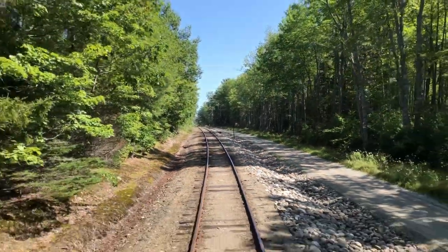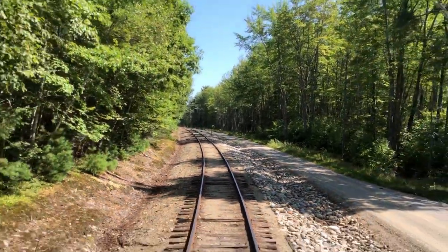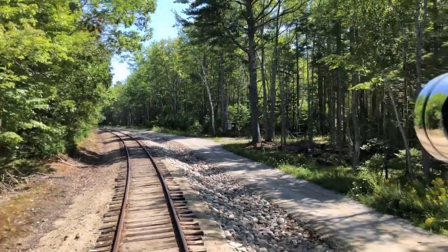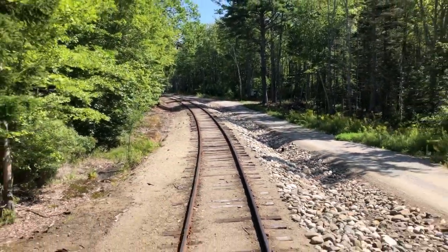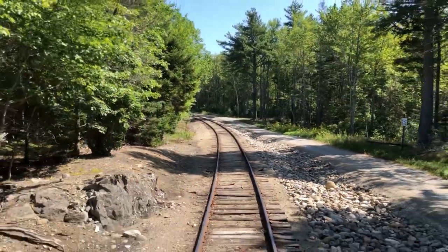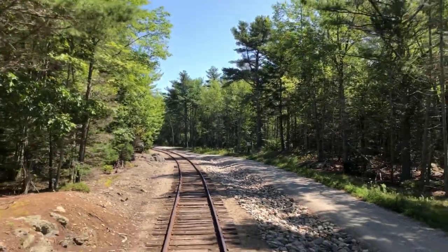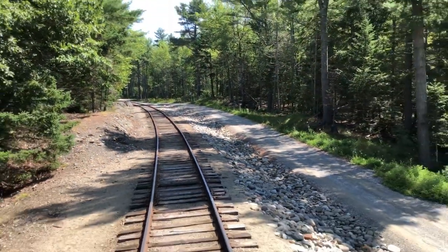So in this case, where we are here now, and really most railroad corridors throughout the United States, there's plenty of room to have the railroad track in the middle of the 66 feet or somewhere inside that 66 feet. And there's enough room to say 10 feet from the rail, 10 feet wide, build the trail. So here, that's what we basically have here at the Downeast Scenic Railroad. You'll see today, rail with trail, pretty much the whole